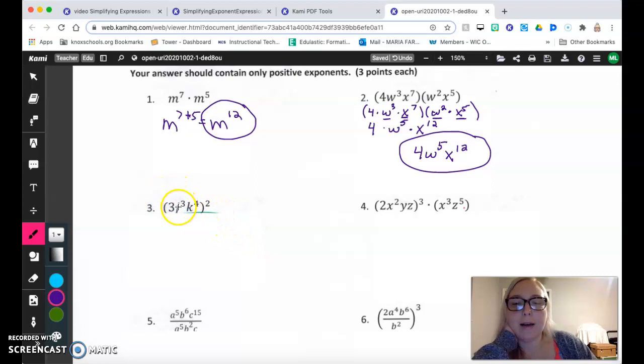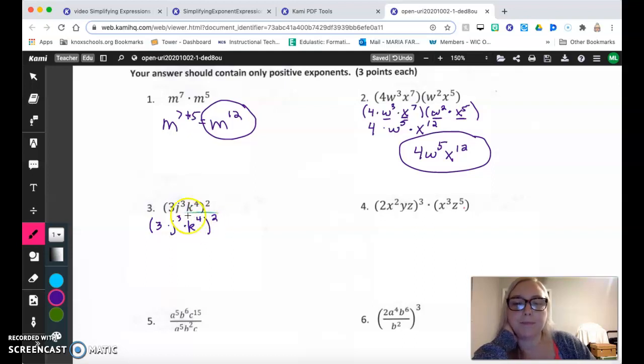Here we do have a power. We have powers being raised up to another power. Anytime you have a big set of parentheses and you have one number on the outside of those parentheses, that means you have the power rule happening. We still have to separate out everything that's happening within this expression. So that's 3 times j to the 3rd times k to the 4th, and then all that's being raised up